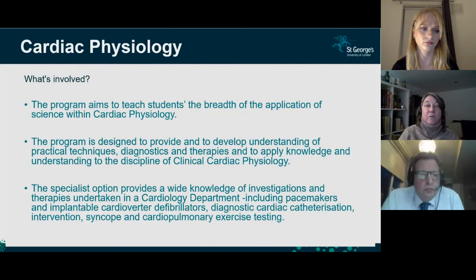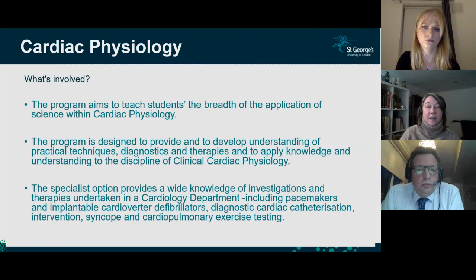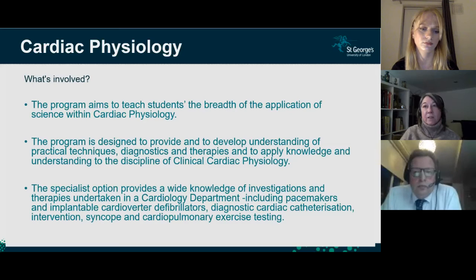So what's involved? Again, as in the respiratory section, we will look at the breadth of science in cardiac physiology. So we will look at cardiac pathophysiology. This could be valve disease, muscle disease. This may be that the heart is beating abnormally, that the patient, maybe when they exercise, goes into abnormal